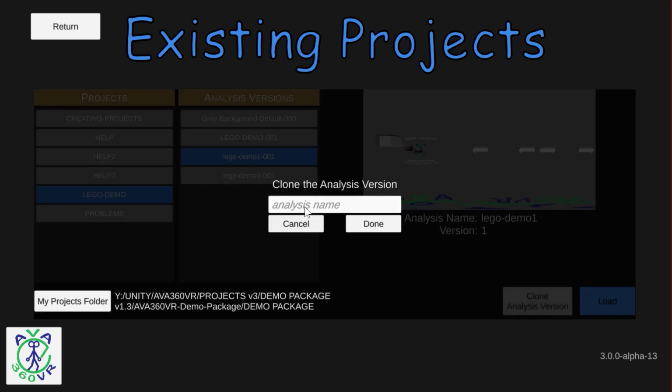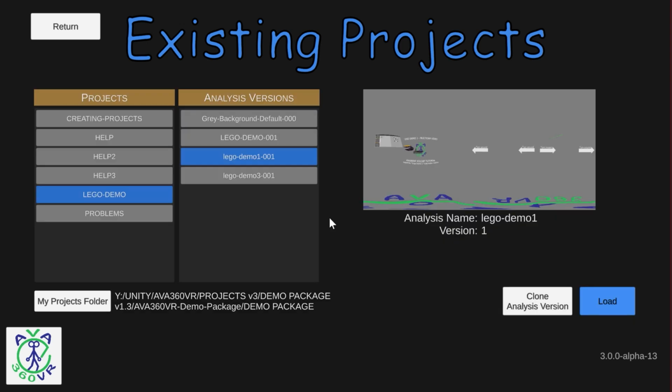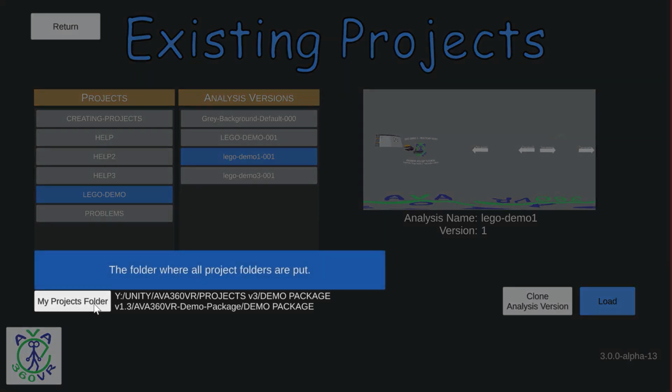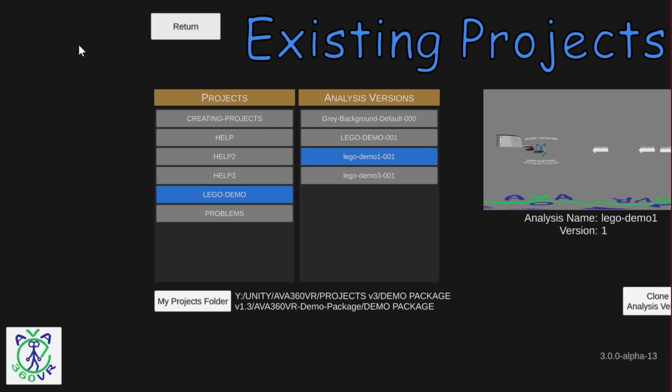And if we click clone, it will say what's the name of that new analysis, and it will take the current one, which you can see there is a tool open here. Then it will take that, and it will also be in the new analysis version that you've cloned, and that will have a different name and start at 000. So it's a way that you can reduplicate or clone different analysis versions at their current state, and then start working on those independently from the original, which still exists. And that's, you find, of course, in My Projects again. This is our standard project folder. So here you see